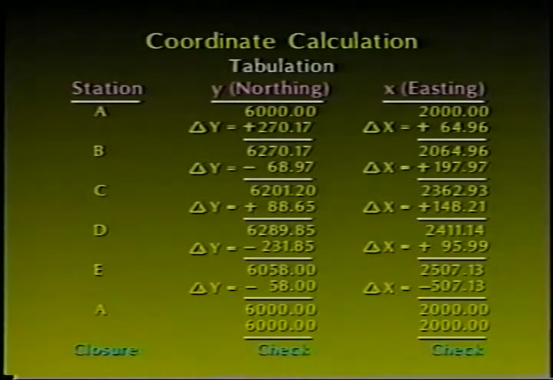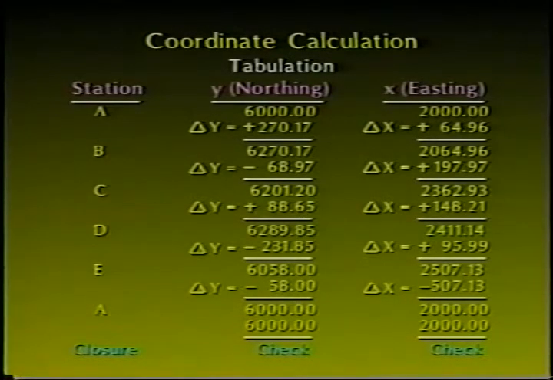In the graphic now on screen, notice that delta Y AB, 270.17, has been added to the starting Y coordinate for station A, 6,000 feet, making the Y coordinate for station B 6,270.17 feet. The X coordinate for station B is found by adding delta X AB, 64.96 feet, to the starting X coordinate for station A. The X coordinate for B is